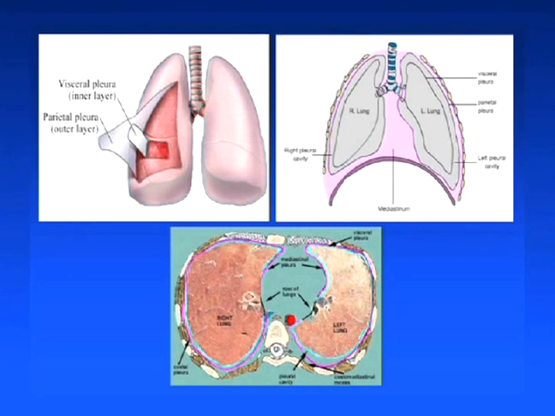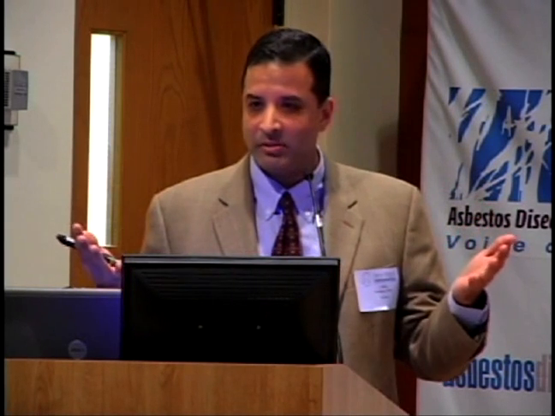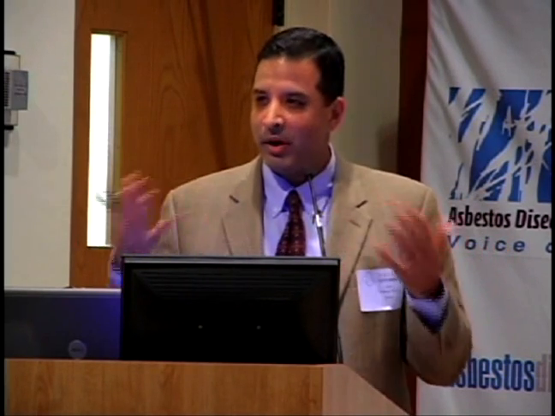Just to start with some very brief normal anatomy, and I apologize for some of those in the audience who know this very well, but this is just a cartoon of the chest. This is the windpipe, the right lung, the left lung. And as you can see, the pleural layer is twofold. There's a visceral pleural layer, which sits right on top of the lung, and a parietal pleural layer, which sits along the chest cavity. Those two pleural layers create a potential space called the pleural space, which is where mesothelioma